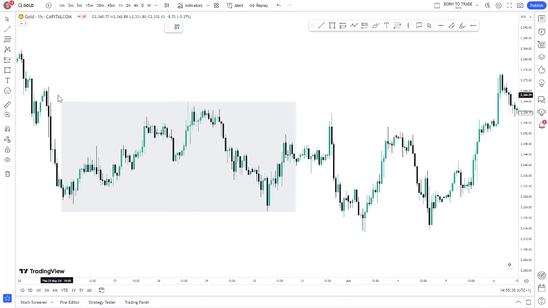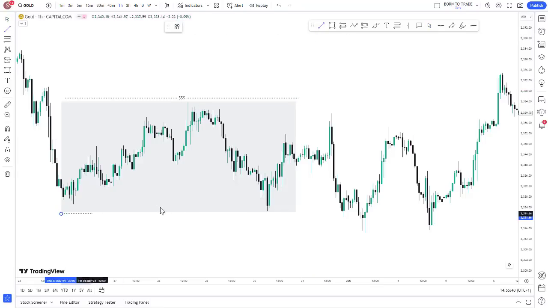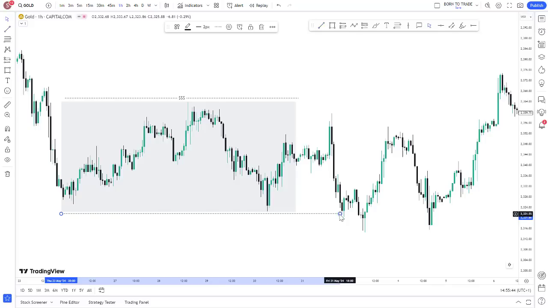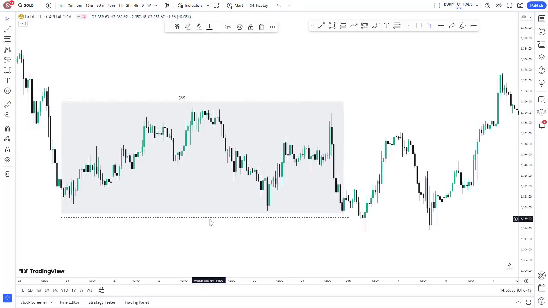What does this mean? This means that we have money resting above this high. That is liquidity resting above the high. We equally see that liquidity is currently resting beneath these lows. Okay, liquidity resting beneath these lows, and this is simple price action which everyone should understand. Money resting above the highs and beneath the lows.